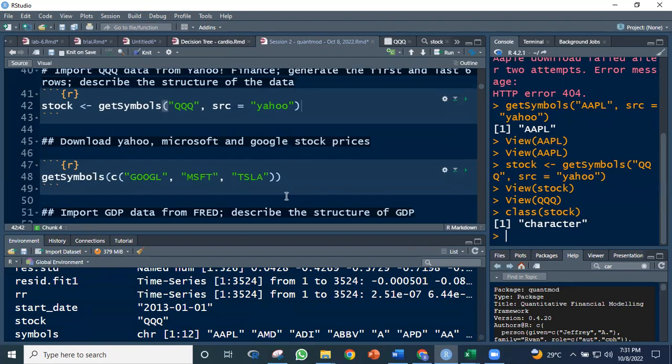So, for this one, you can download several stocks at the same time. So, Google, G-O-O-G-L ba? G-O-O-G lang to. Test natin. Google, Microsoft, Tesla. Okay. In order to access or import the stock prices of more than one stock, kailangan i-concatenate natin siya. No? Combine. So, C to. C, which means concatenate or combine si Google, si Microsoft, at saka si Tesla. Okay, and if you run this,